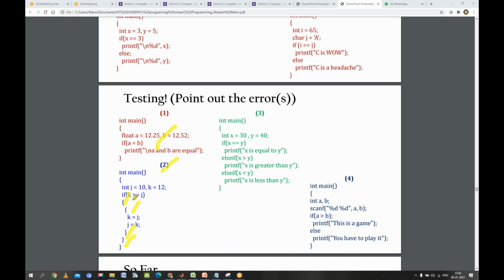So what is the fundamental that we have studied yesterday? You only have to match whatever curly braces you are opening, they should be closed. Right? Yes, sir. How many are open? 1, 2, 3 are open. 1, 2, 3 are closed. So this criterion should match. Otherwise, in between you can keep any number of curly braces. There is no harm. Right? Yes, sir. Coming to example number 3 now.